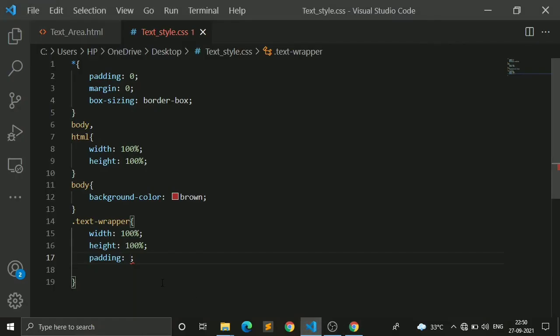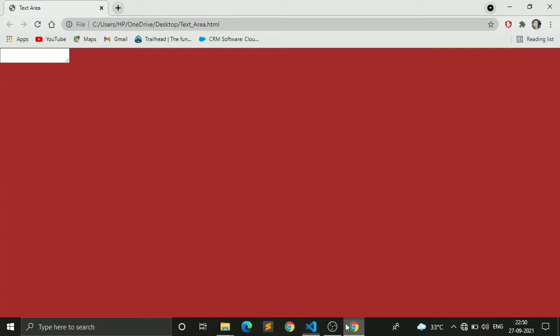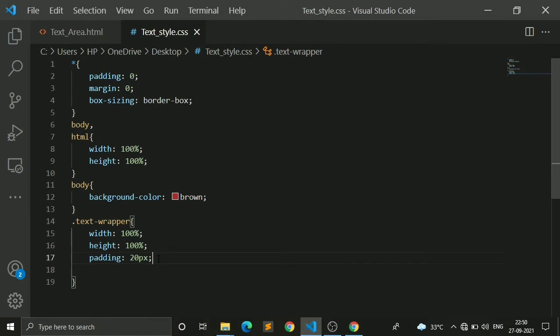We haven't given a value, so I am giving it as 20 pixel for now. When I refresh it, then you can see the gapping, so it is okay. Now next line I will give row gapping, no, I don't think that row gapping is required here.